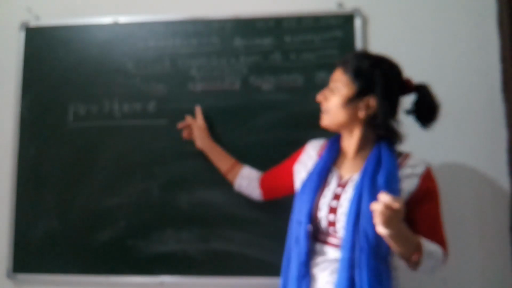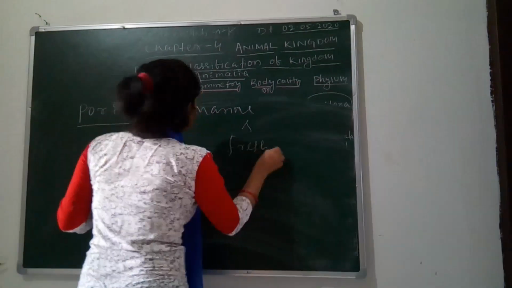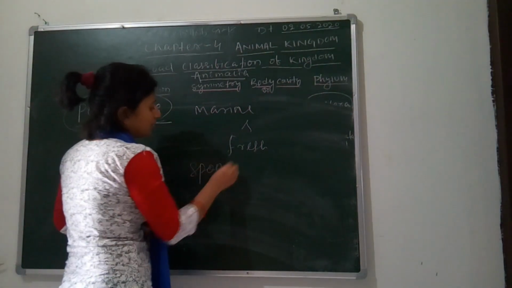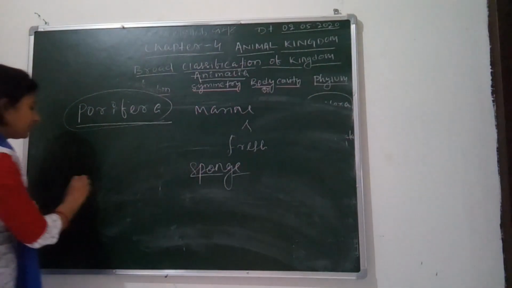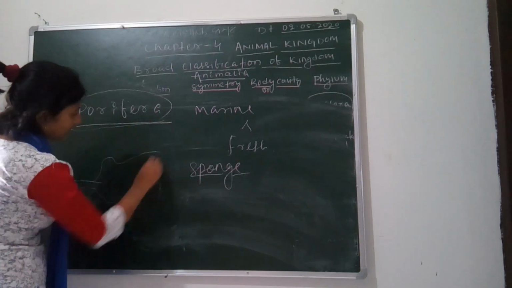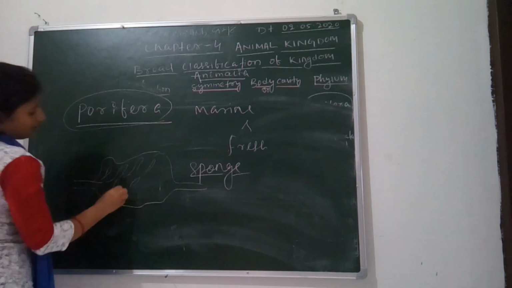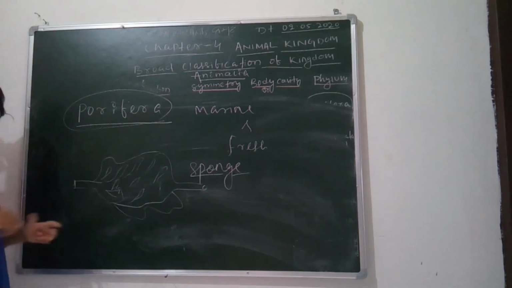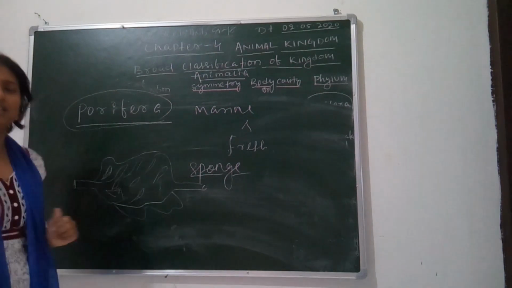Most of the species are present in marine water, meaning in the ocean or salty water, and some species are found in fresh water. The species of this phylum are commonly called sponges. So what are their characters? How do they look? Sponges look like this. They have spicules on their body. The sponge has no proper shape. It has spongin fibers or spicules.